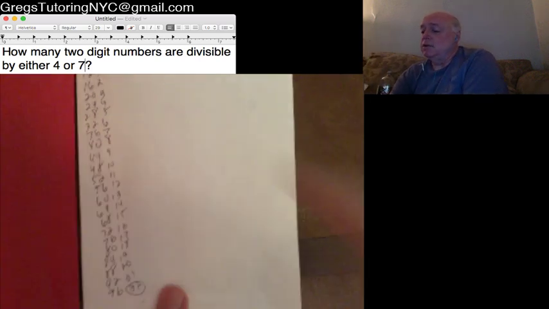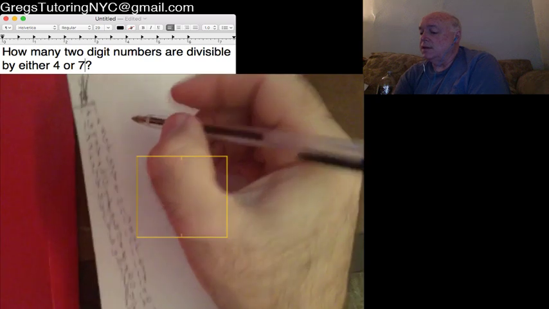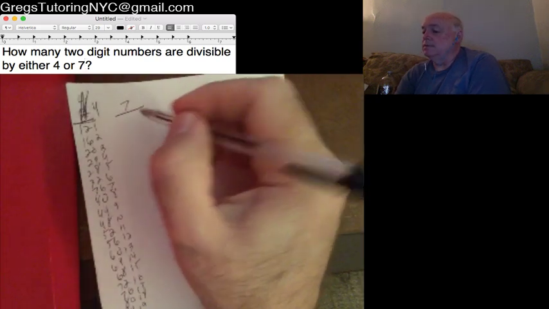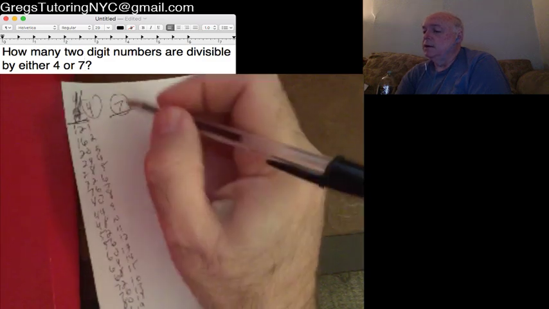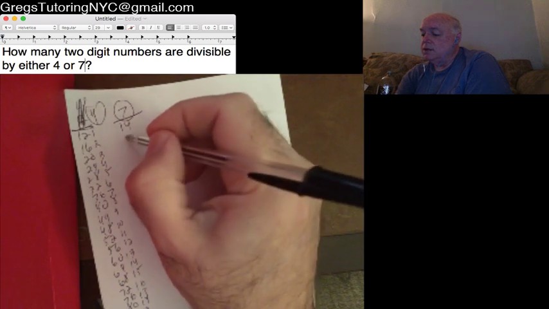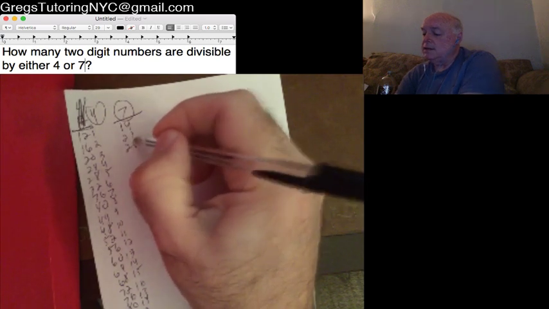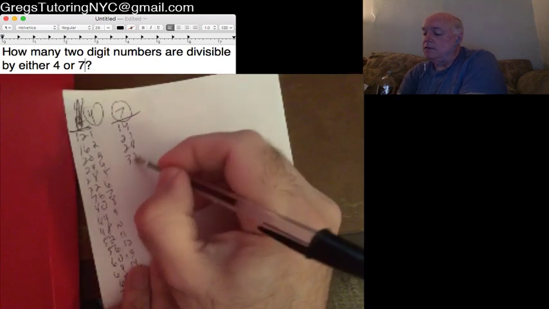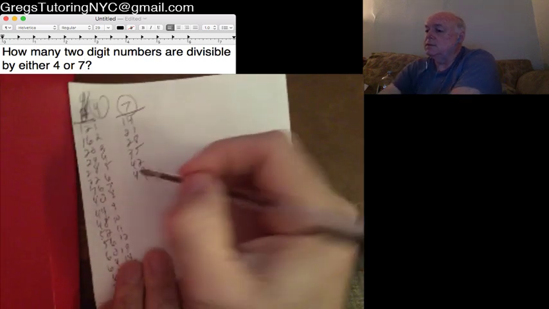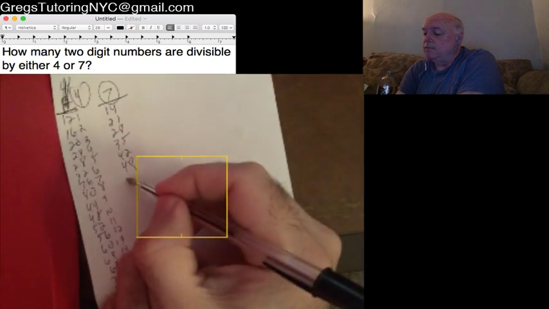Okay, so then we're going to do the same process for the 7s. So I'm not going to write 7. This is just my column header. So instead of crossing stuff out on the top, let's just number them. So we have 14, 21, 28, 35, 42, 49. So we know something like 7 something. So we're on track. 56,